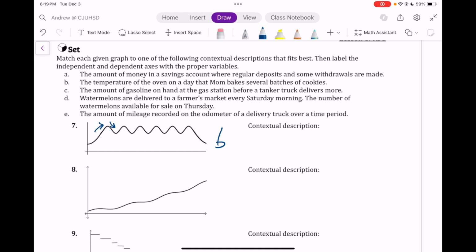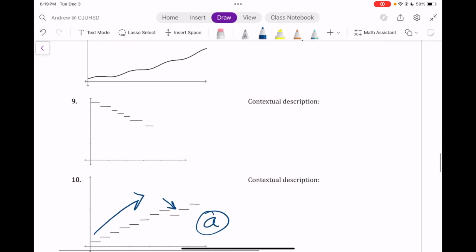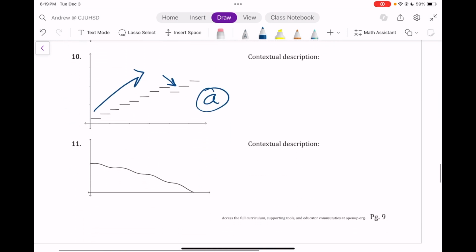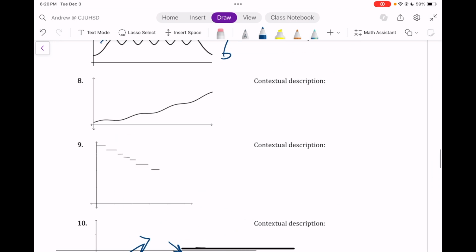C, the amount of gasoline on hand at the gas station before a tanker truck delivers more. That works well with 11. Why isn't this a straight line? Well, different people use different amounts of gasoline. And on different days, there might be different rates of gasoline taken. Now that leaves